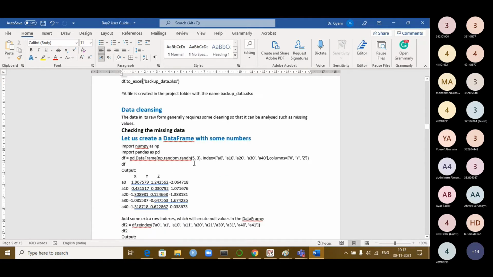Using this data frame, let us try to create these values. Okay, you see this. These values are available. So the indices are A0, A1, and so on up to A4. And column names are X, Y, Z columns. So 2 parameters it requires: the index and the column values. So these random numbers are generated now. You see here 5,3. That means 5 rows, 3 columns, random numbers I'm trying to generate. Yesterday we have done it already, how to generate a 2-dimensional array of random numbers. So this is how we have created it. If you say df, the output will be displayed to you. Okay, let us try to look at it.